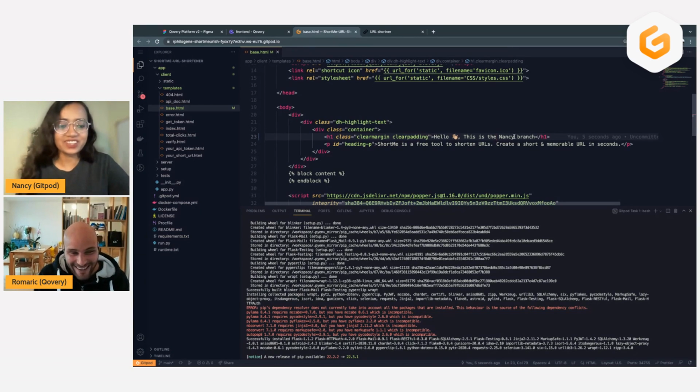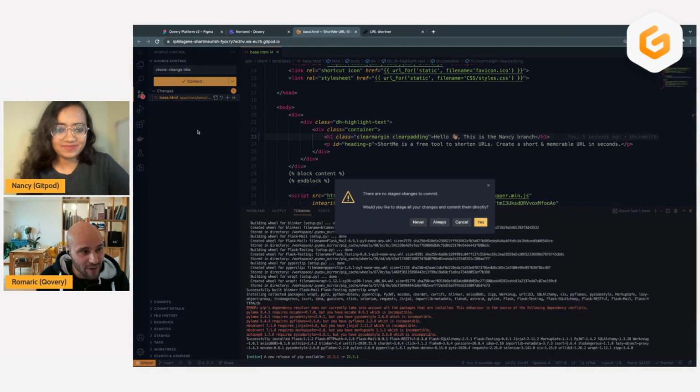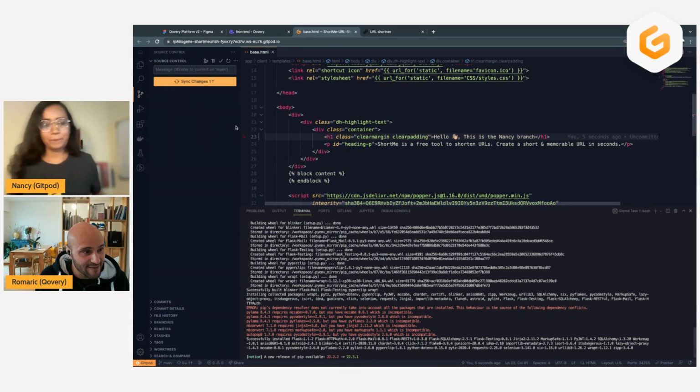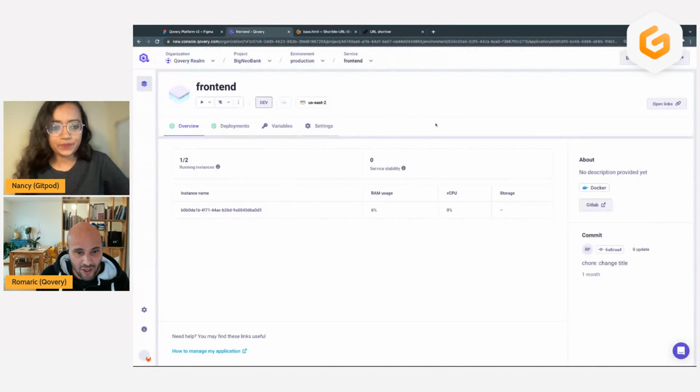So yeah, let's do the simple thing. Let's say the change is core change title, so I commit and push my change. Same change. Okay, so from that, what we'll see in just a few moments is